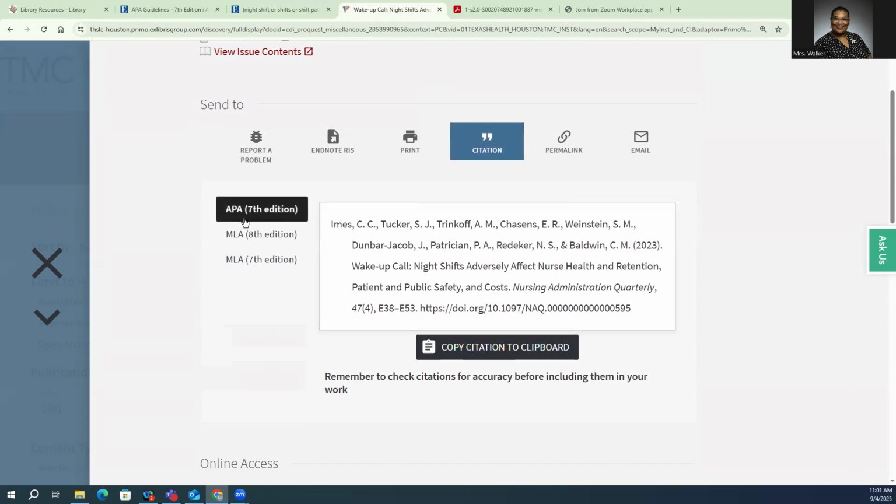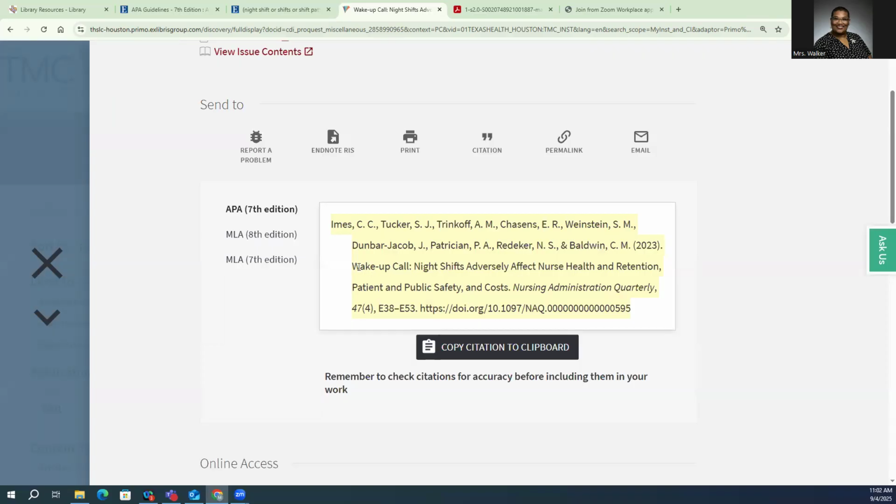It's already in APA 7. We see our authors, we see our date of publication, but look, all of these letters and all of these words, the first letters are capitalized. And APA 7 says that only that first word needs to be capitalized. So if we copy this citation and put it into our references list, we need to make some changes before we turn it in.